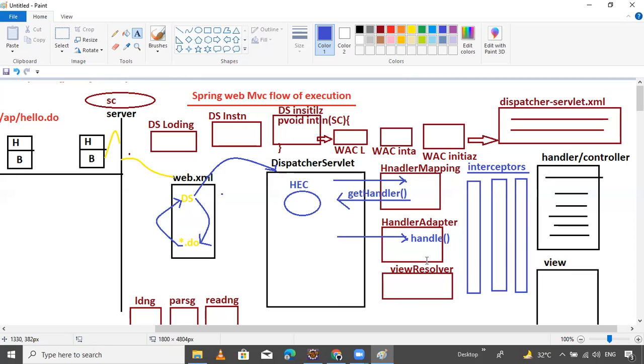The handler adapter will execute all interceptors. This one is executing all the handler interceptors. The request goes to this interceptor.